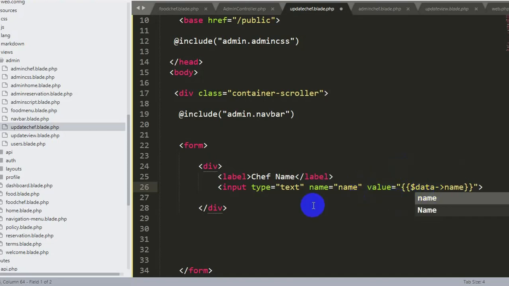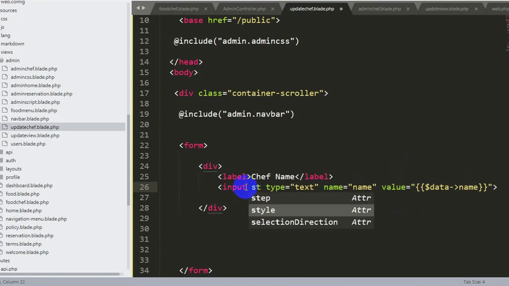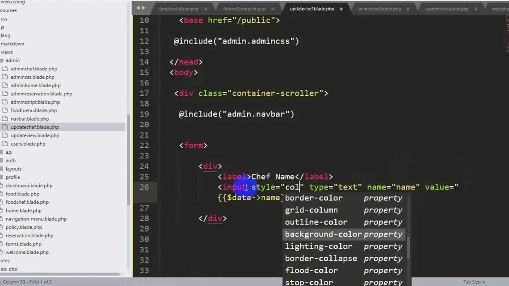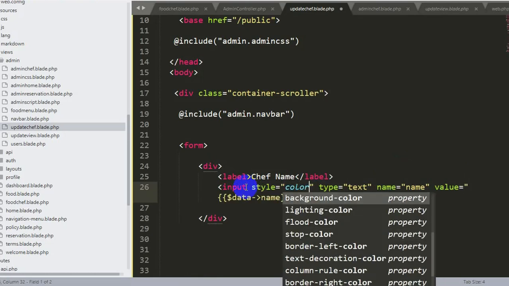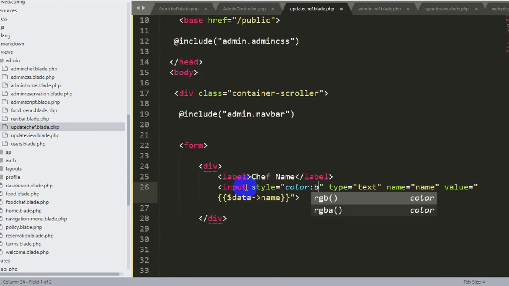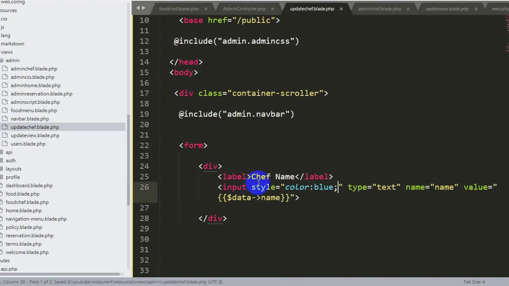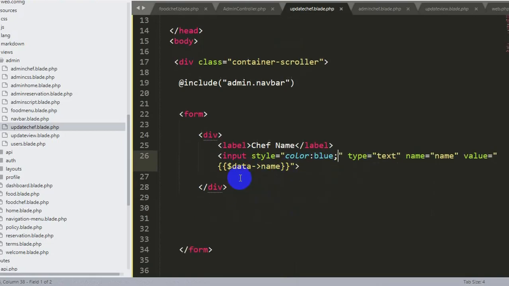Okay, it will get the chef name, and let's add a style over here. Let's say the text color will be blue. Okay, let's save it. Now you might be wondering why I didn't use @foreach. Because it's a single data, we don't need to use a foreach loop.